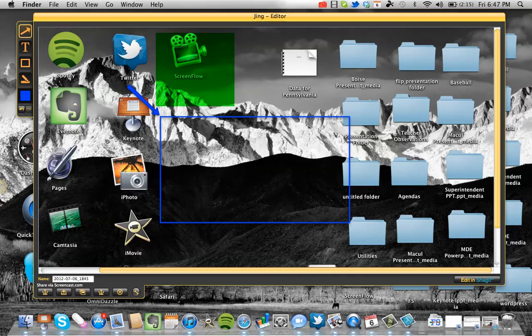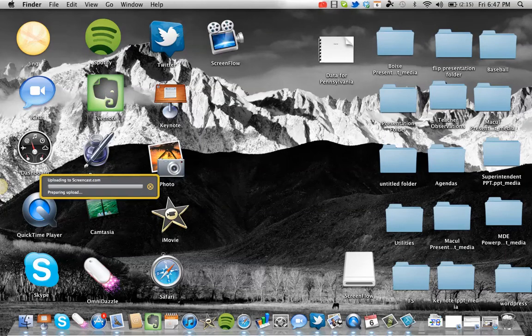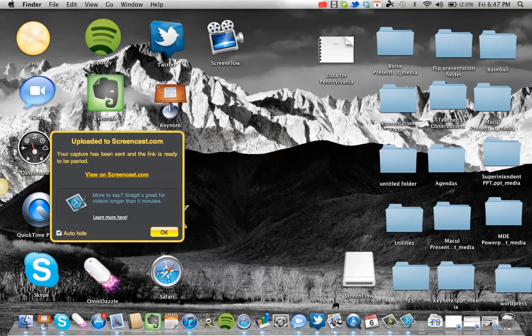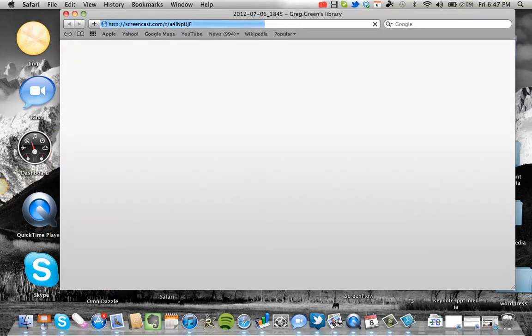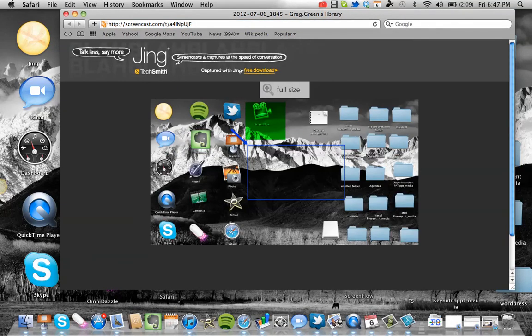What I can do is there's three arrows. That's a sharing button, and I simply upload it to screencast.com. Once it's finished uploading, you'll find that there is a link that I can paste. It says view on screencast.com, and here's the link up here. I just simply highlight it,